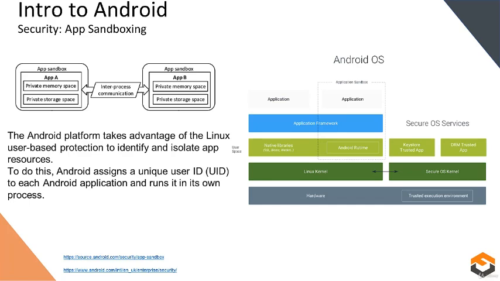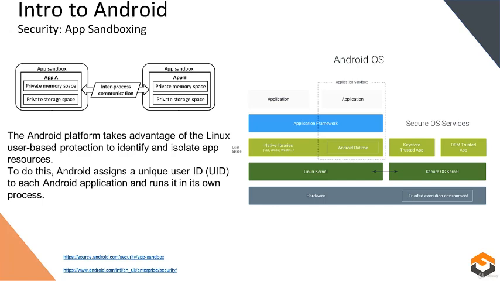Android uses the UID to set up a kernel-level application sandbox. The kernel enforces security between apps and the system at the process level through standard Linux facilities, such as user and group IDs that are assigned to apps. By default, apps can't interact with each other and have limited access to the OS.